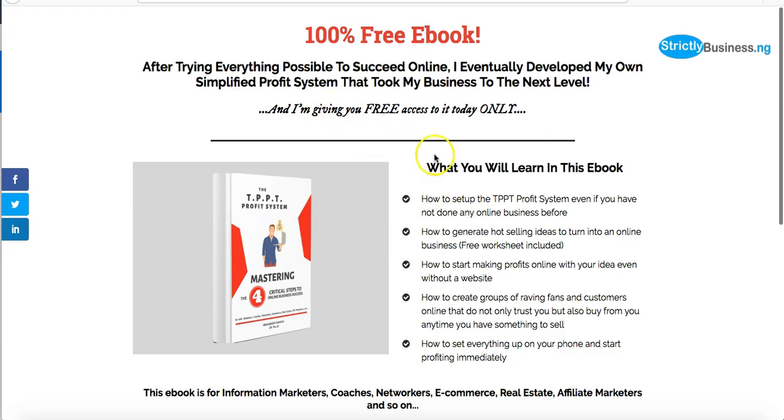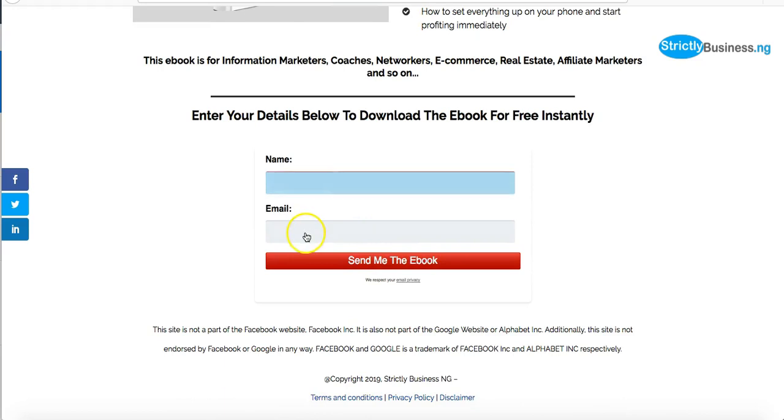They read this page. There is a pixel on it: a view content pixel, and a view content custom conversion. So when people put their name and email, they go to another page. On that page, there is also a pixel. It is called the lead pixel and then the lead custom conversion. All these are important. It means that I can run an advert later to target